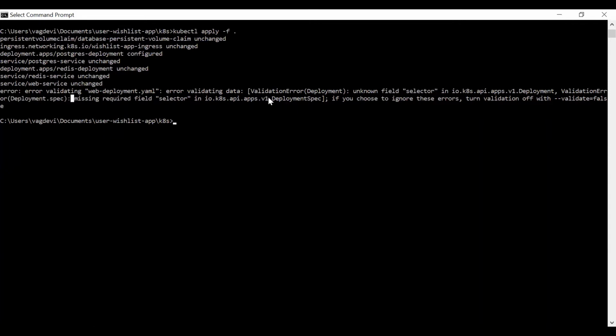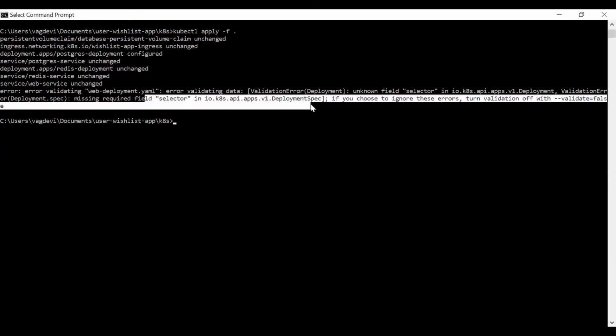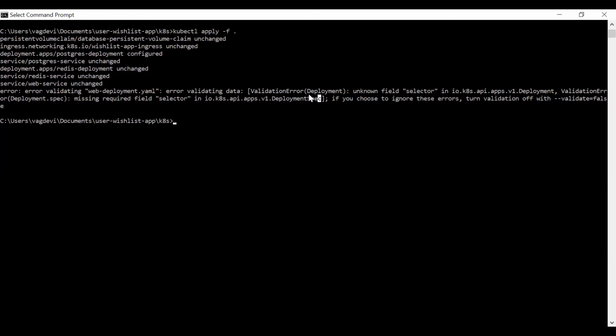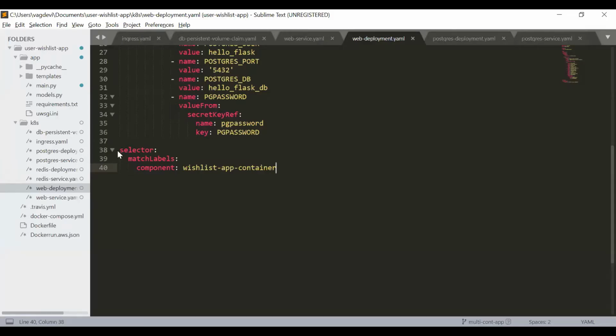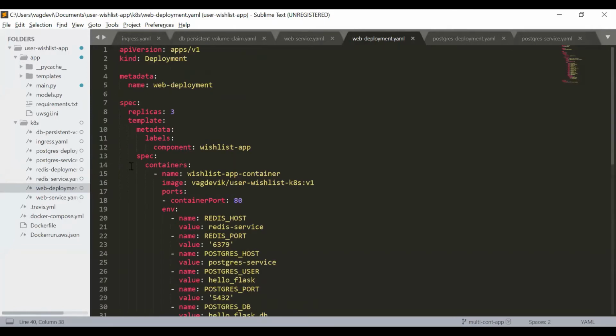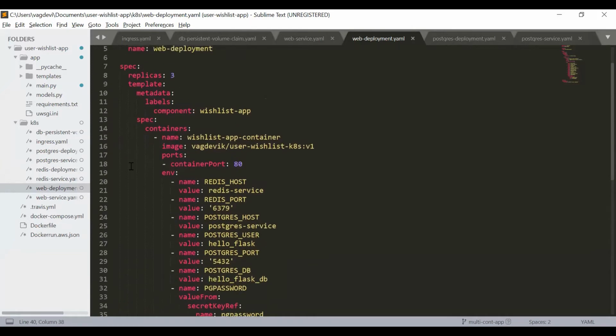Okay, so it says that this selector is missing in the deployment spec, and this selector of the deployment is unknown. So I guess it's maybe due to some misplacement of the selector section inside the deployment rather than being in the spec. Okay, so let us check where this selector is. So this selector comes under the deployment, but it should actually come under the spec of the deployment.